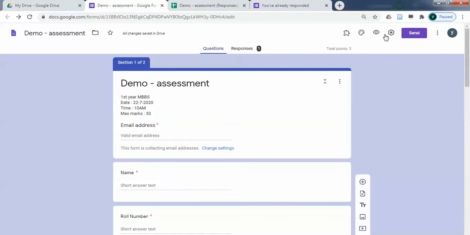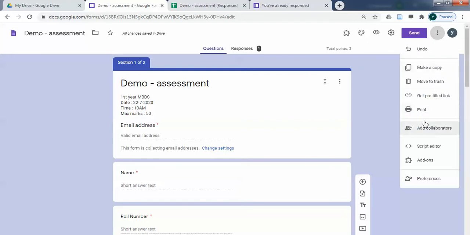Okay, apart from that, here you can see, in the last class also I was telling you about that add-on. So I have put an add-on called form limiter. How do we get this add-on? There are these 3 dots, click on these 3 dots, go down, you can click on add-ons.